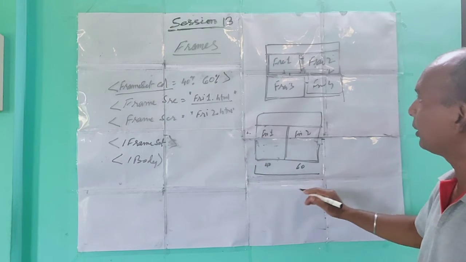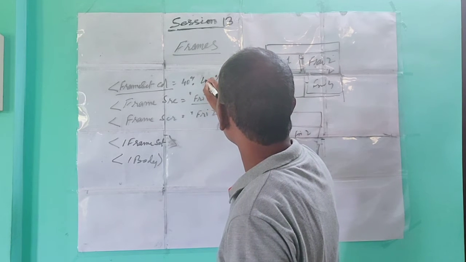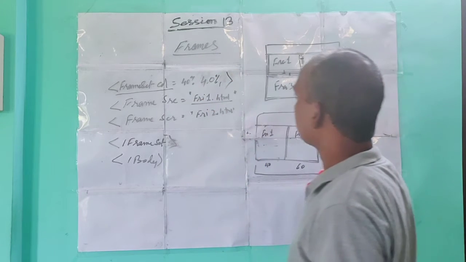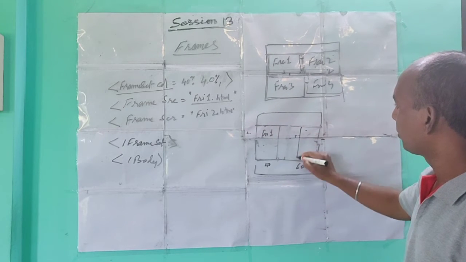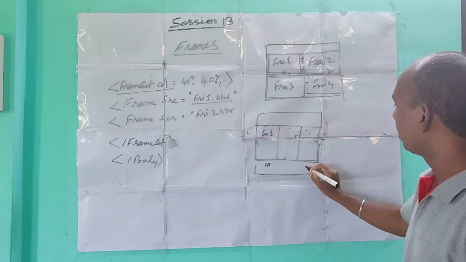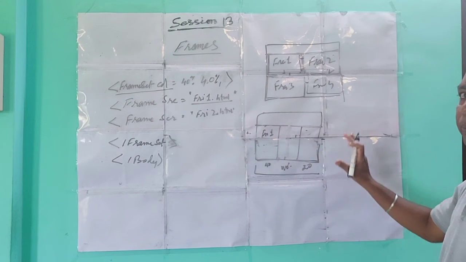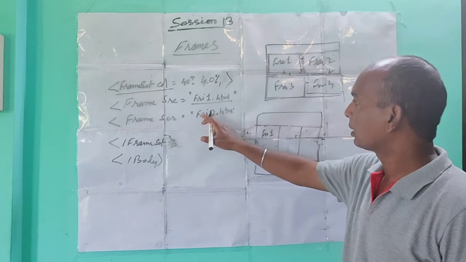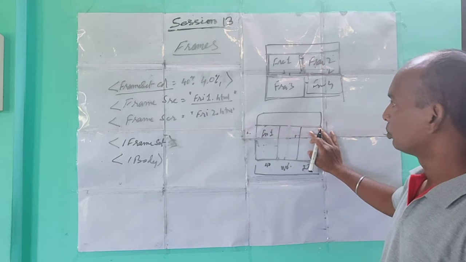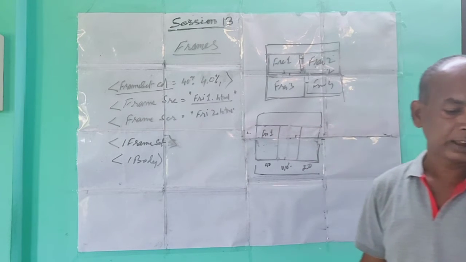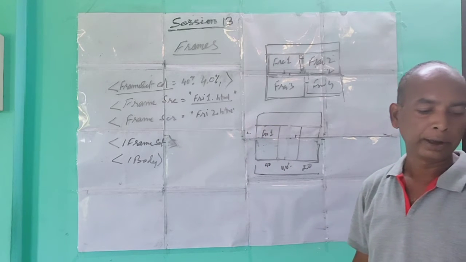It must be 100. If you write here 40 and 40, that is 80%, but 20% is left, so automatically it will create 3 frames. Frame 1 is 40%, frame 2 is 40%, and frame 3 comes in 20%. That means the screen must be 100%. If you take two parts and a third part is left, automatically this part is created and it appears blank. Clear? Next, the total percentage of all frames should be 100%.